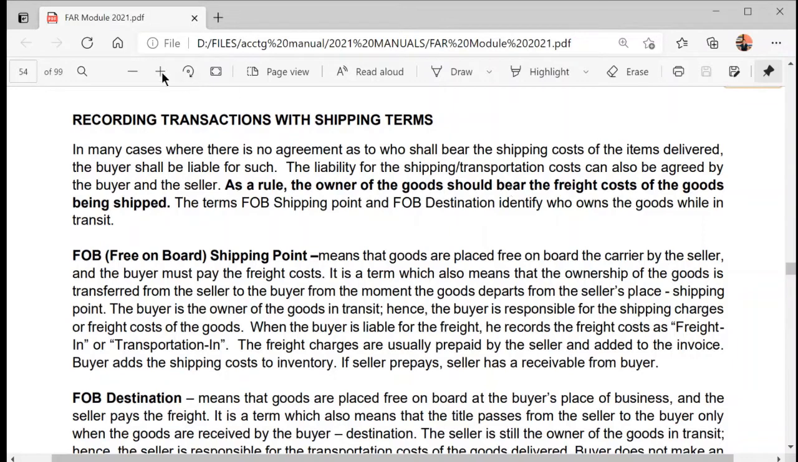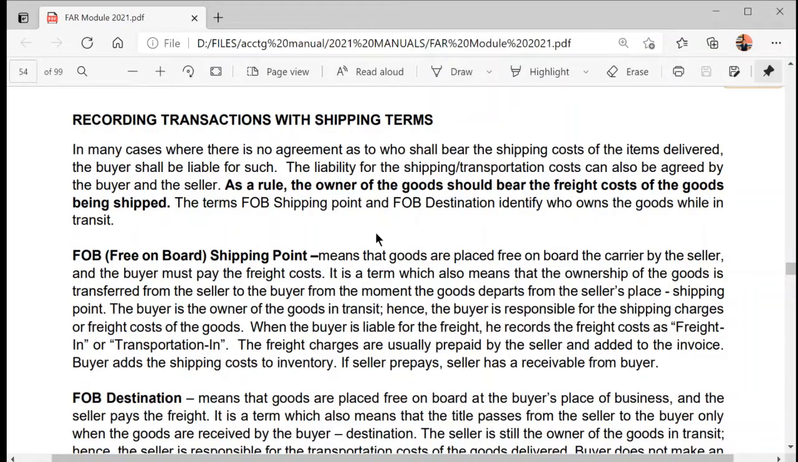So how do we record transactions with shipping terms? And what are these shipping terms that we have to take note of if we are recording merchandising transactions? So the important consideration in recording transactions with shipping terms is to determine who are the owner of the goods,